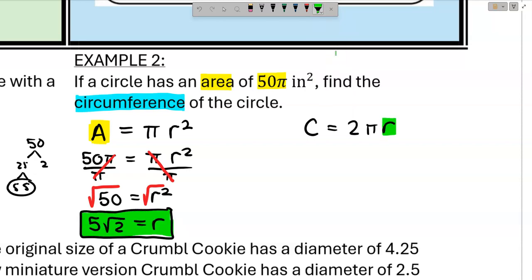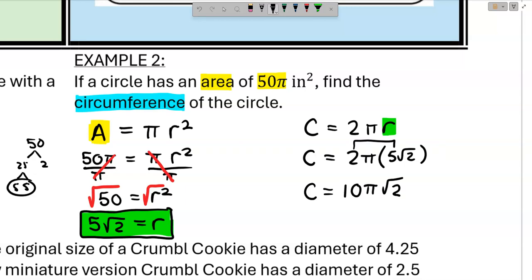We're now going to take that and plug it in to find our circumference. So this will be 2 pi. The radius is going to be 5 root 2. And just like we talked about, if we want to keep this in terms of pi, the 2 and the 5 are the only two things I can multiply. So we're going to say 10